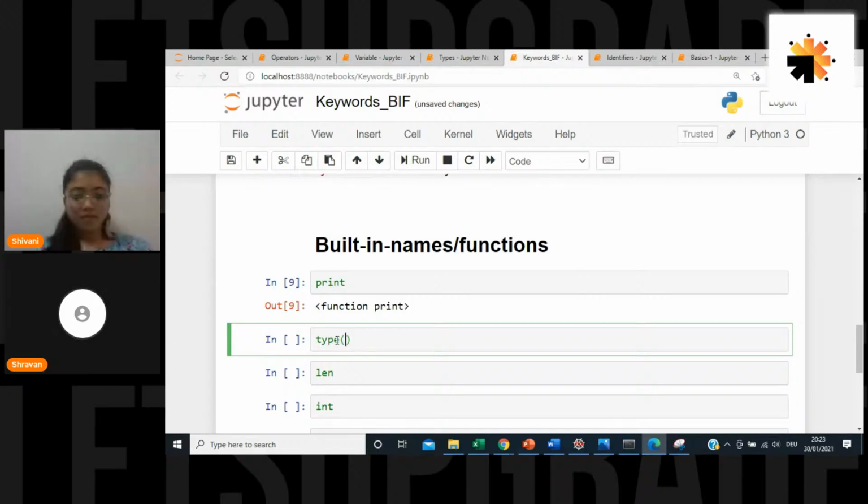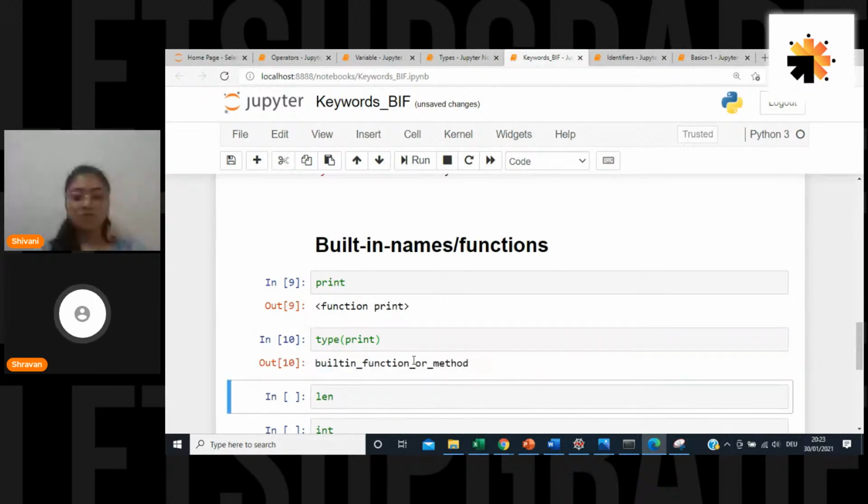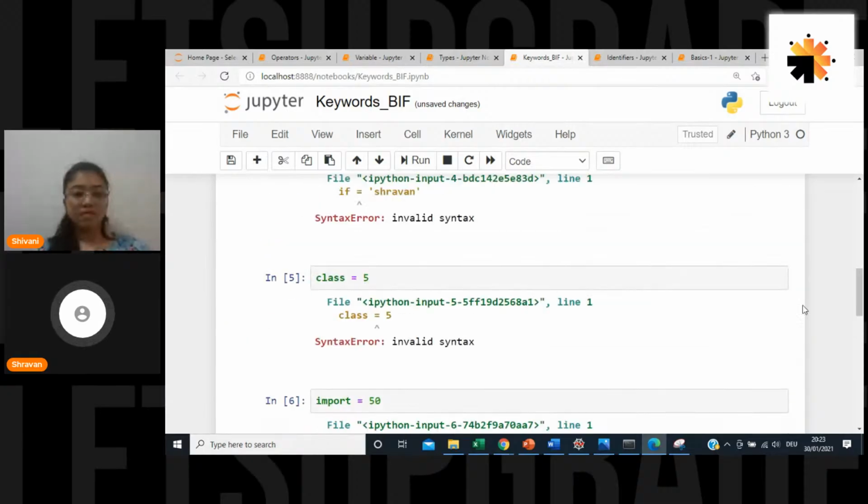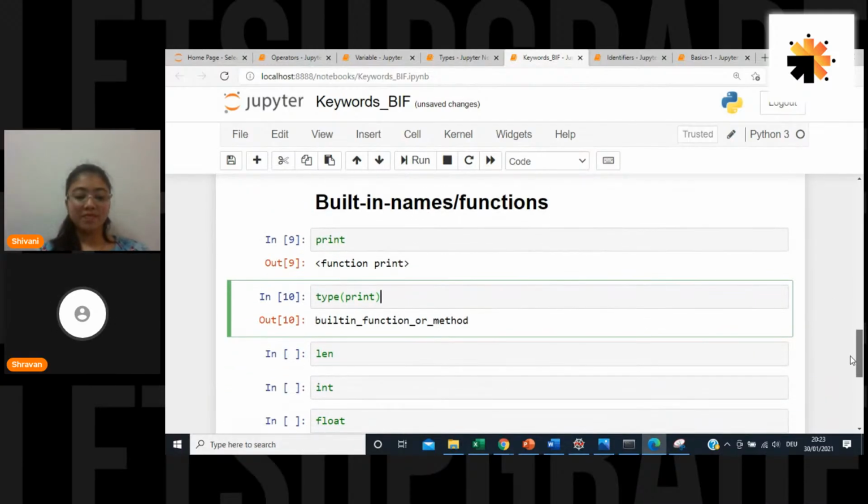What is the type? We'll be discussing that later. So I will go ahead and print it. It is a built-in function or method. Can you people see here? This is a built-in function or method. You should not be using it, but it will allow. But right now, keywords are not at all allowed, right? If I wanted to use class as my identifier, it is not allowing, it says invalid syntax. But if I'm using the built-in functions or names, it will not restrict us, but it is not a good practice to use. That is what I can say.